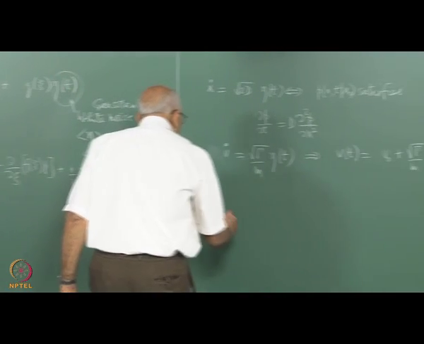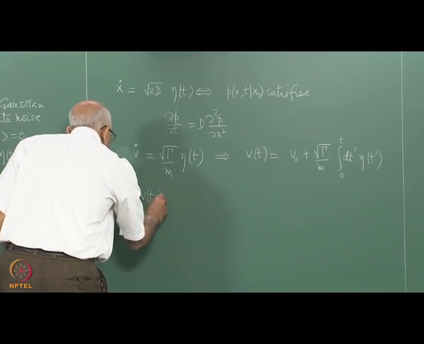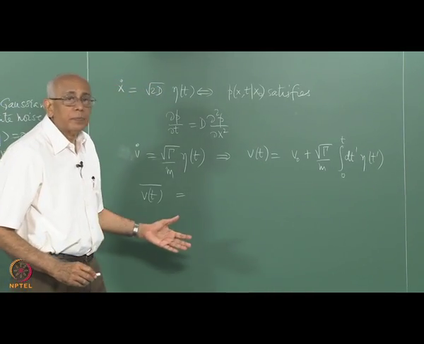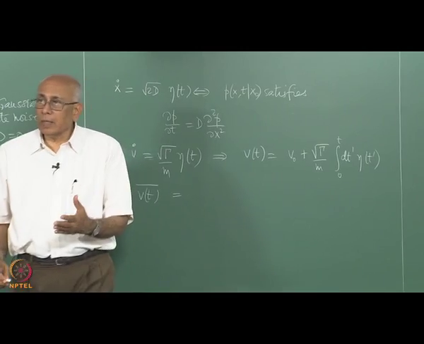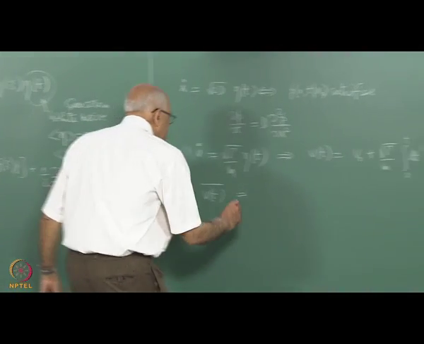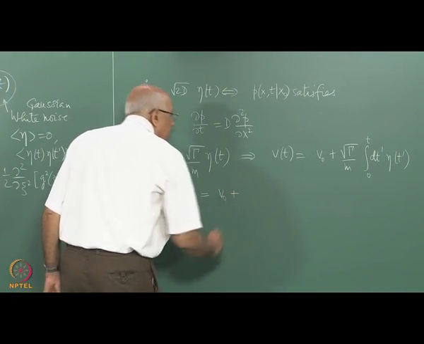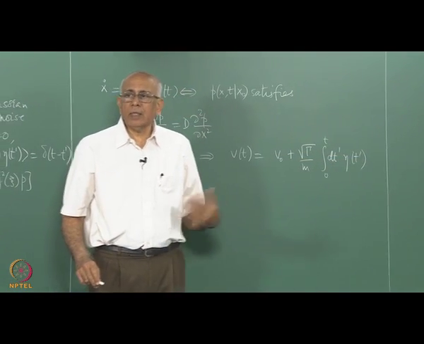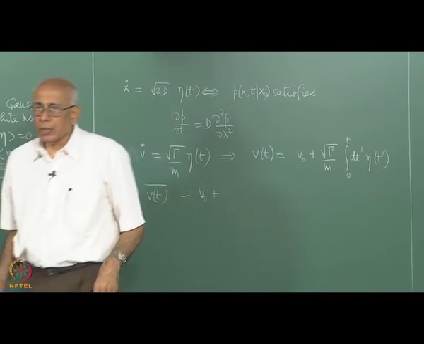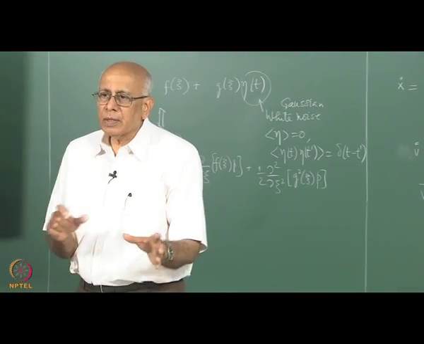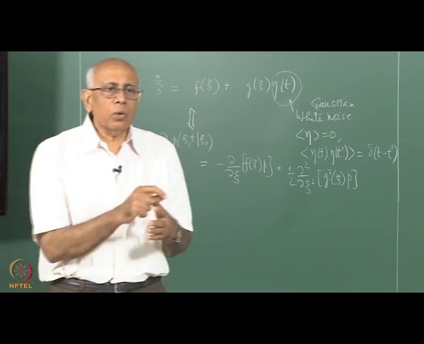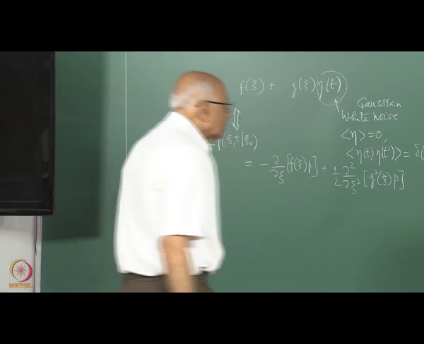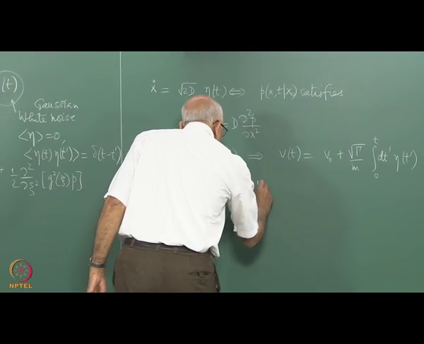So this will immediately imply that V of t bar is equal to the average of V0, but V0 is a deterministic given number of course, V0, plus the average of this integral, but the integral is essentially a summation over different values of eta of t prime. So since two different sums commute in either order, this overhead bar is the same as putting it inside the integral. So this becomes plus square root of gamma over m